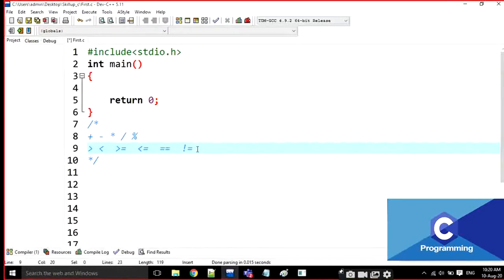Note down, everyone. These are the relational operators.